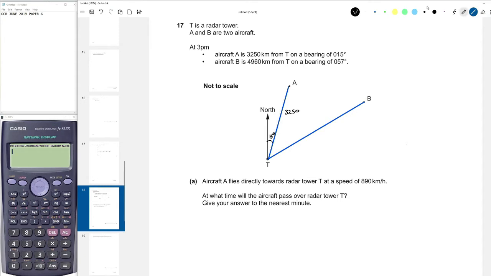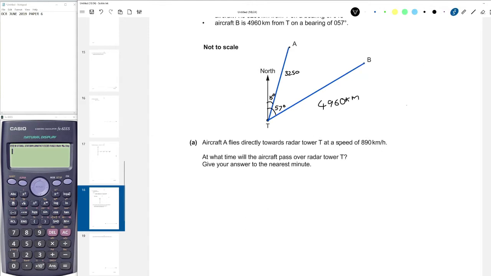Remember, bearings are measured from north clockwise. So 57 degrees, the whole of it would be 57 degrees here. And the distance from T to B is 4,960 kilometers. Now it says aircraft A flies directly towards tower T. So what time? So we know that speed